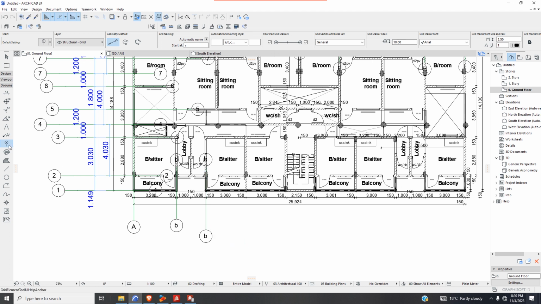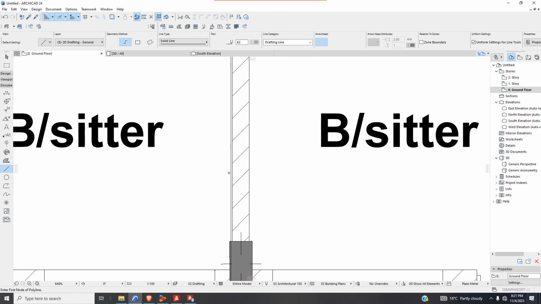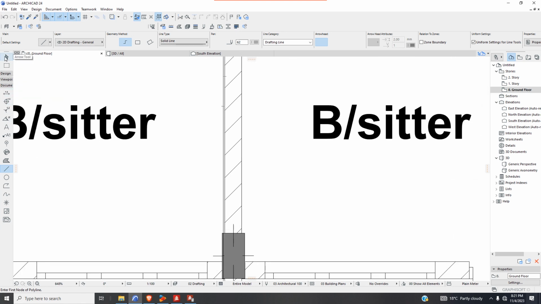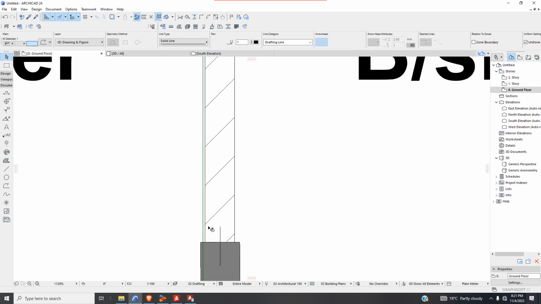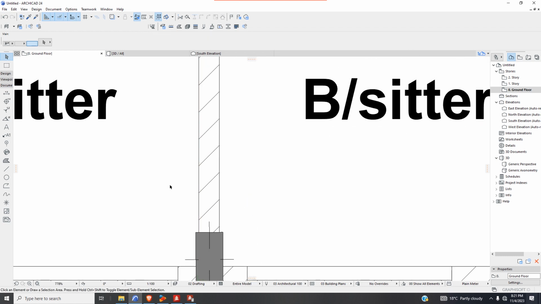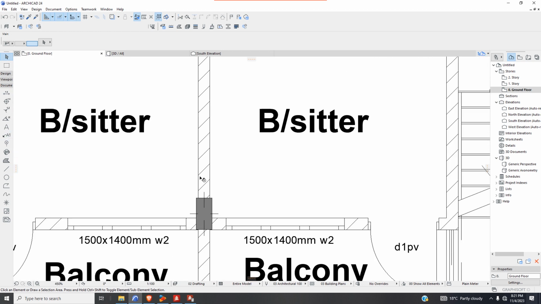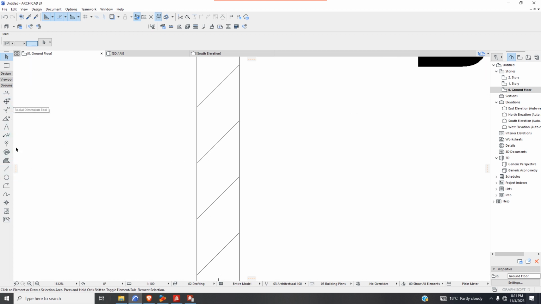Then we can just put a repeat: 4 plus 3.9 will be 7.9. Right direction, 7.9. Then we go for